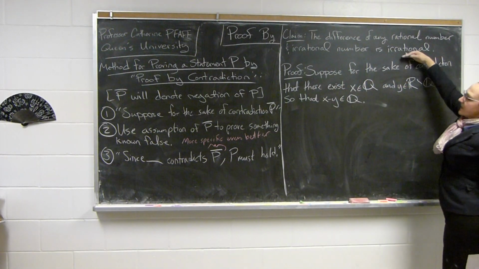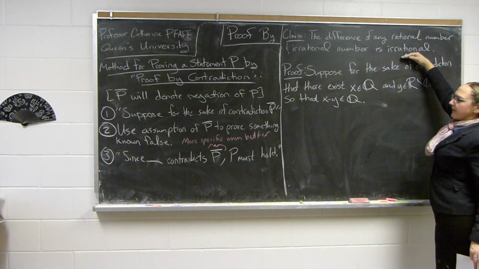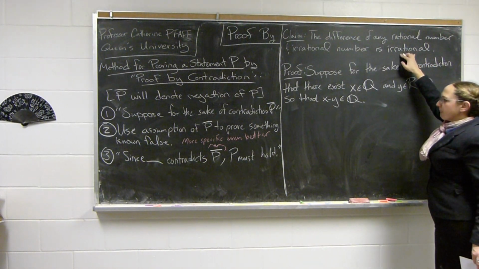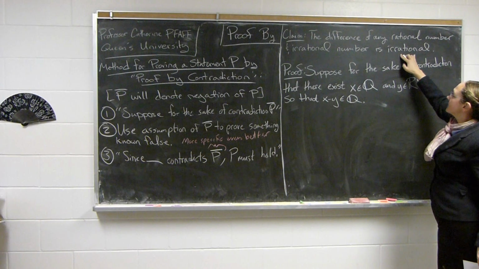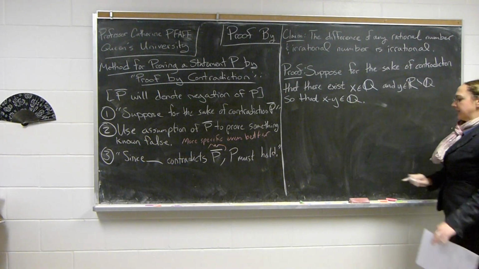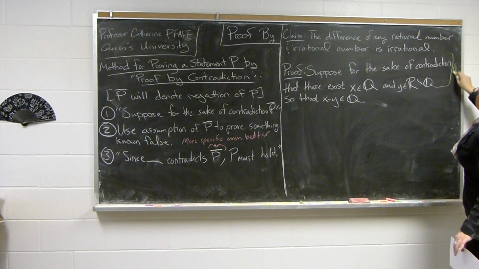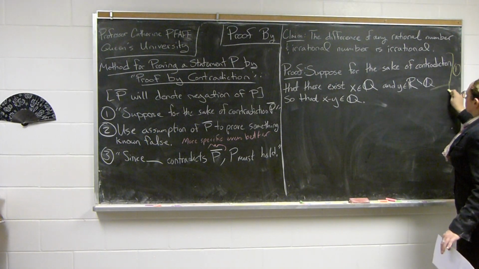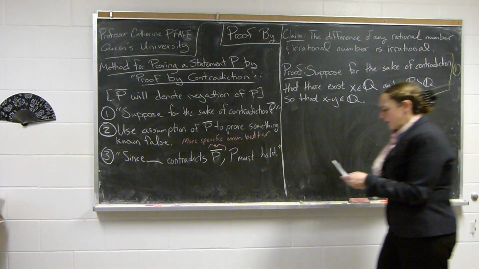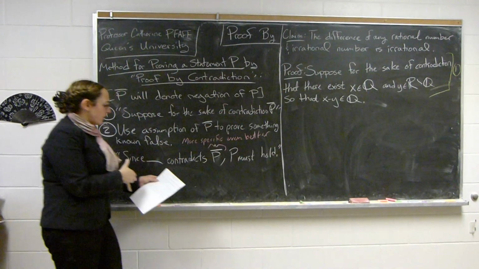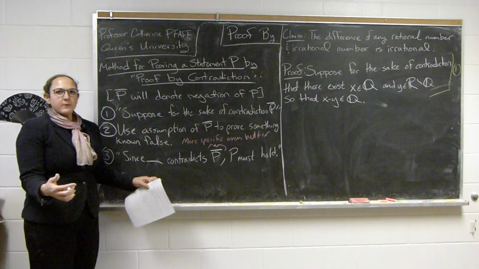So I negated here the conclusion, that x minus y was going to be irrational. I negated it to say that x minus y is rational. Okay, so this part is my 1. Now this is kind of the meat of the proof, where again it helps to write things out using